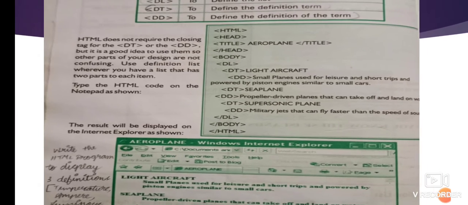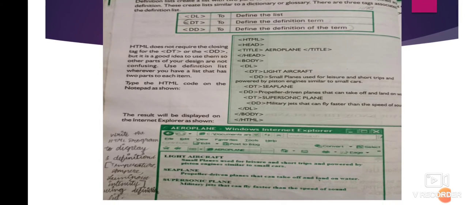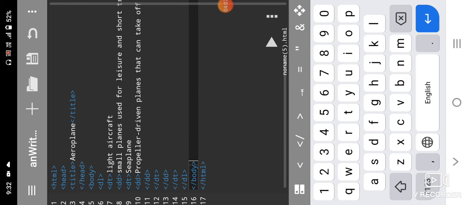Okay, so now let me show you with an example how to do it as your practical. So just a minute. First thing, you have to open any HTML editor. As I told you, you can download one from your Play Store. I am using the AN Writer Free app.